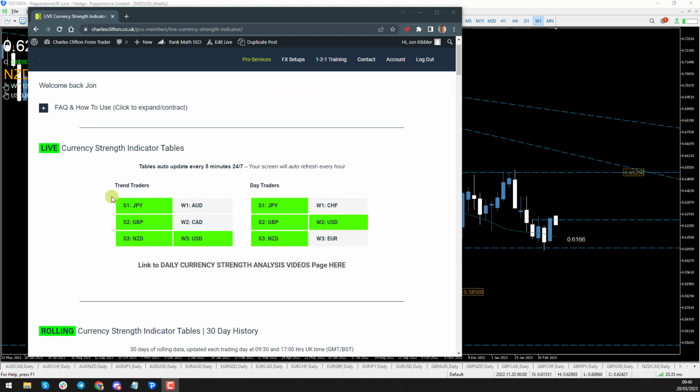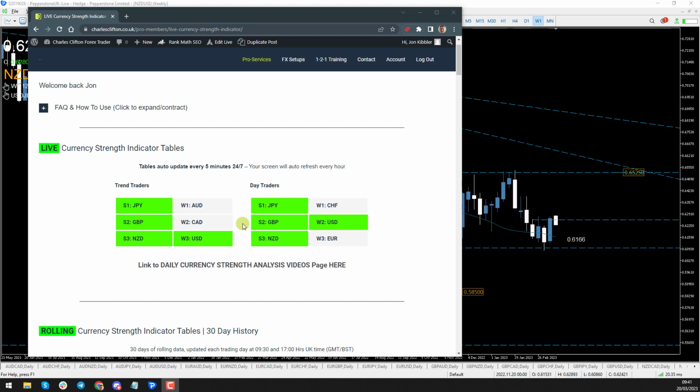Here we can see we have our two types of tables in front of us. We have our trend traders table and our day traders table. These are the same studies but just highlighting different time frames. Some of the currencies here are highlighted in green. That means there is a confluence between those time frames, and that's where we'll be focusing most of our attention